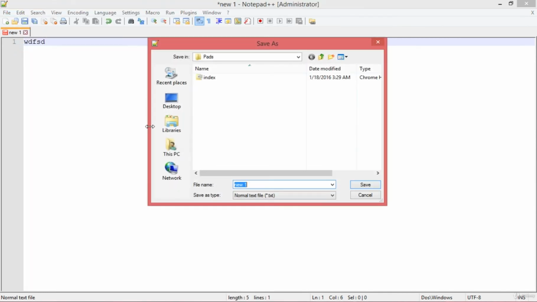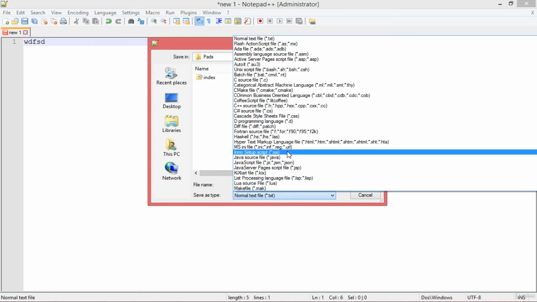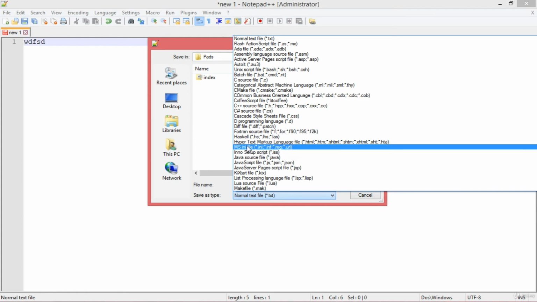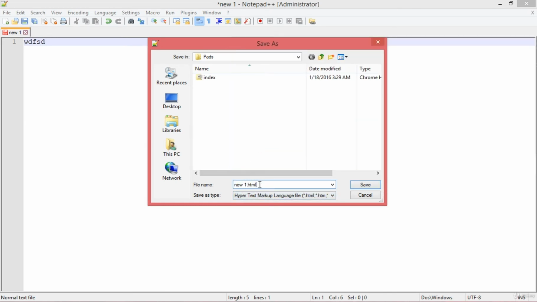Come here, click on File and click on Save or Save As, because this is the first time, so we can simply save the file, as this is not a txt file which is already saved. Here we have the Save as type option and the file name, just like in a simple Notepad. Let's click on the normal text file. You can see the formats, because this is a specific Notepad, not a simple typing pad. There you can see the Hypertext Markup Language, the HTML format. Let's select that. Now it got the .html extension automatically.